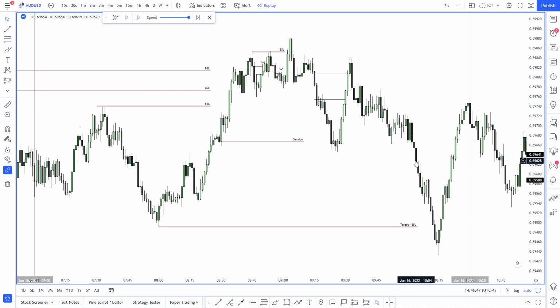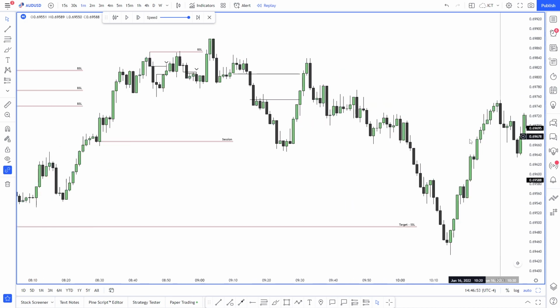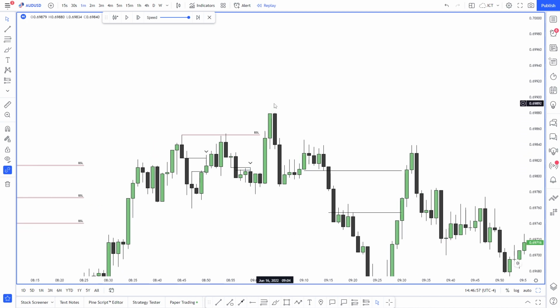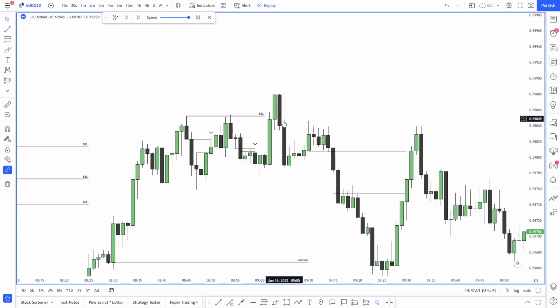Or just completely avoid it and wait for something really clear to happen for the direction that I was expecting at first. So this could have been 2 losses, but what is it that we get? Here we have an aggression to the upside, which swaps liquidity to the upside. We have aggression to the downside,